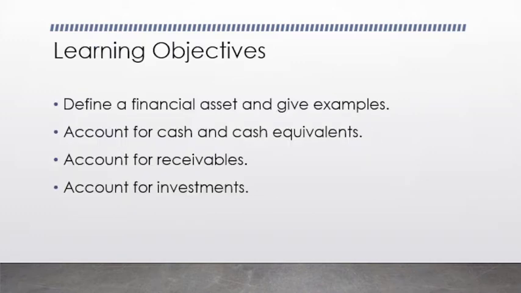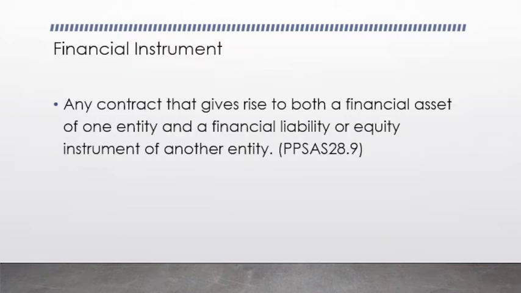So at the end of this discussion, we will be able to define the financial asset in the context of government accounting, and we give examples. We account for cash and cash equivalents, receivables and investments which are unique in government accounting. So let us look at